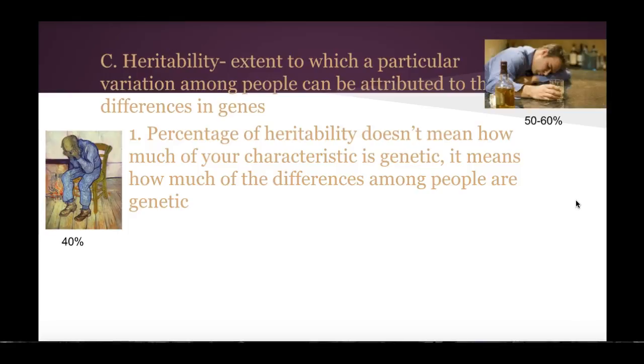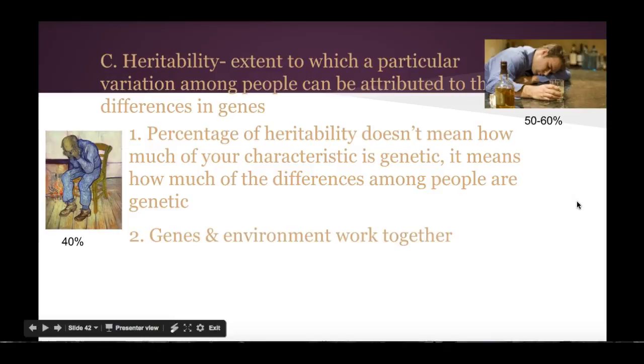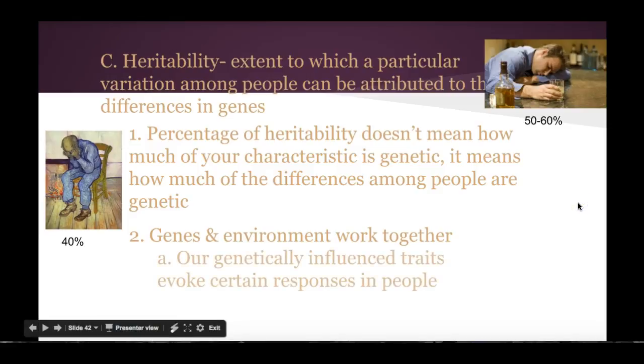Alcoholism addiction is 50 to 60% heritability, so that has more to do with genes worldwide than environmental factors, but there obviously are some environmental factors that will add to that. And then also keep in mind that genes and environment do work together. So whatever your genes did give you, your physical attributes as well as your personality, they work together because whatever you got genetically also influences how people see you and how people treat you, right?